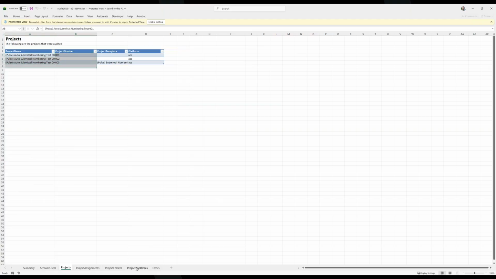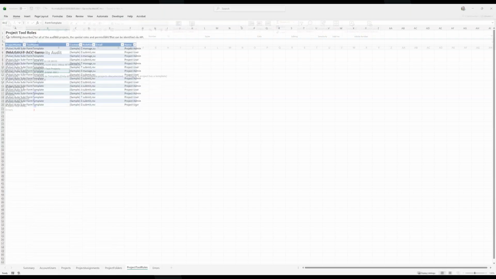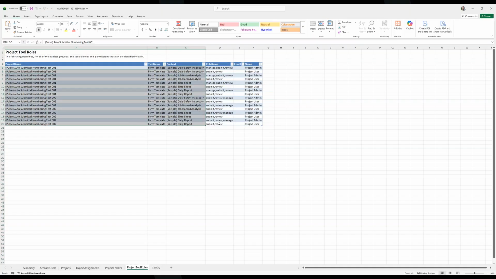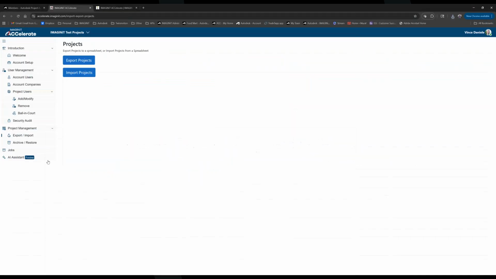Let's see, showing me that I picked those 3 projects, and let's go to enable editing. So definitely we'd have better examples on an actual client account to show that things have deviated from these different standards. So this project tool roles will show you anything that changed from like form template permissions, RFI permissions, issues, etc. All right,